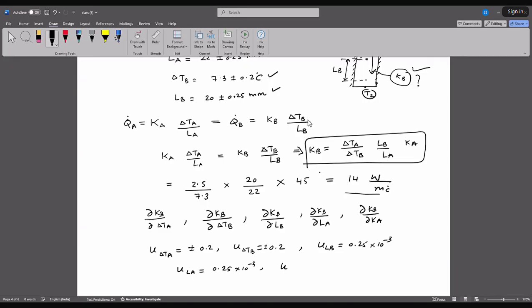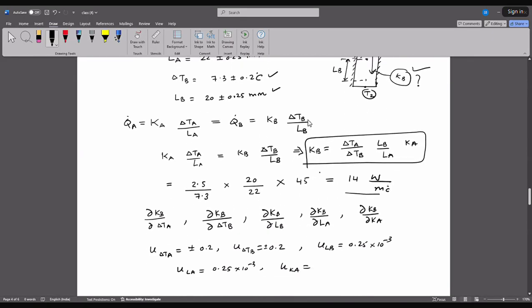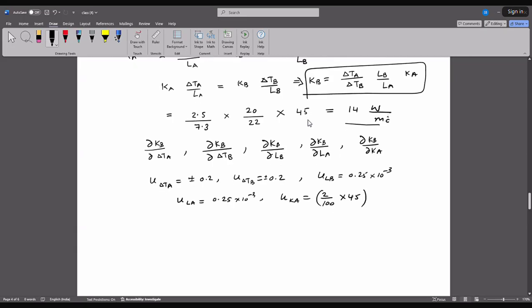Then UKa, the uncertainty in the thermal conductivity of A, is 2%, that is 2 by 100 into 35. So you have all these gradients and you have all these uncertainties. You just use that formula to find the uncertainty in the thermal conductivity of material B,